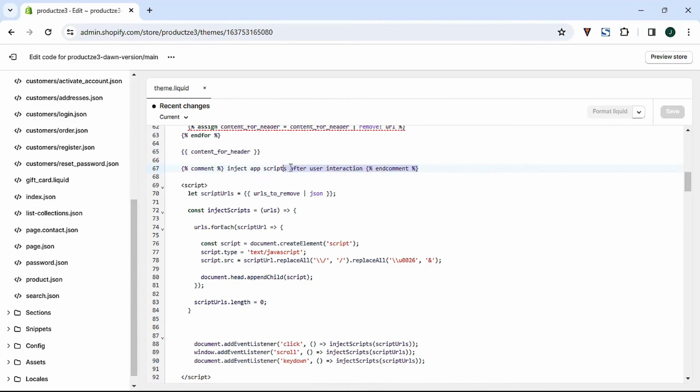So up here, we just have a comment to explain what the code is doing. We start our script here with the opening script tag. Here we convert our liquid code array from before to a JavaScript array. This is the array that contains the URLs that were removed from content for header. Here we define our inject scripts function. This is the function that's going to inject our apps back into the store once the user interacts with the site. It's going to loop through the URLs in the script URLs array, and then for each URL, it'll create